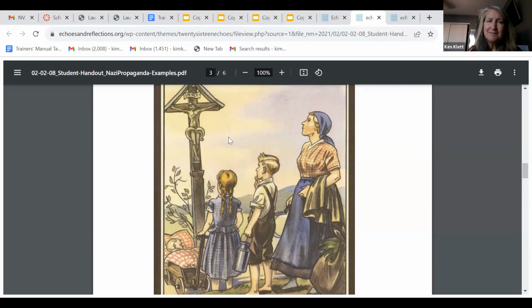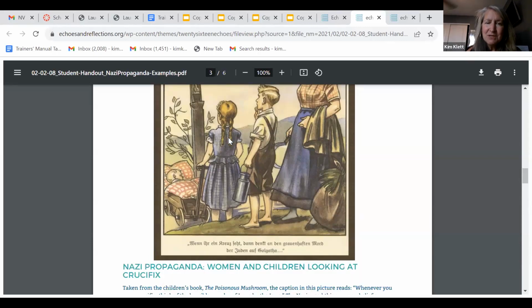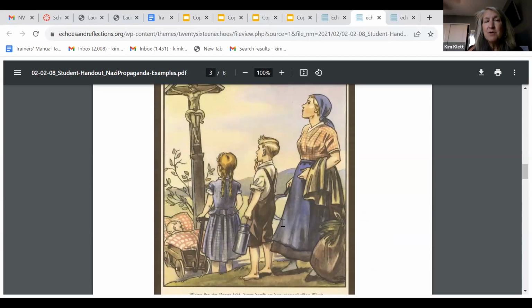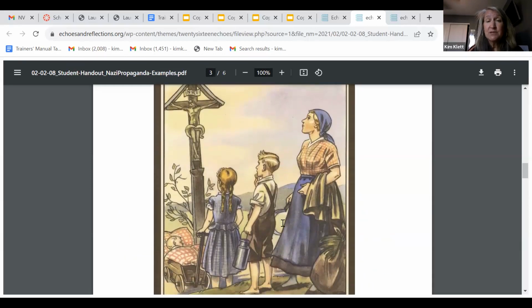Has to do with this because the caption reads, whenever you see a crucifix, think of the horrible murder of Jesus by the Jews. And so promoting Jews as Christ killers, which of course the Catholic Church refuted in, I think, 1962, something like that, with the Nostra Aetate, saying, no, it was the Romans, stop blaming the Jews. They did not do this. But that's the only overtly